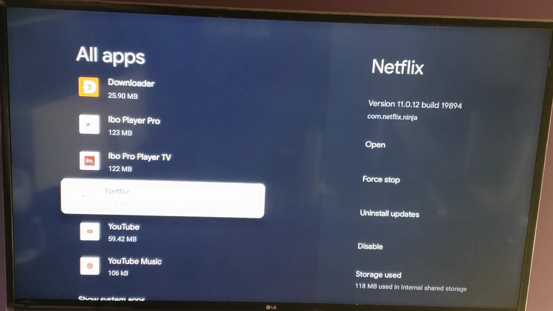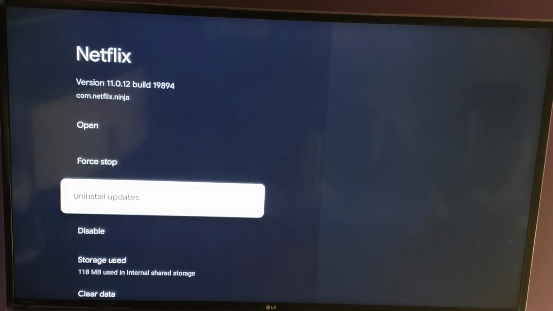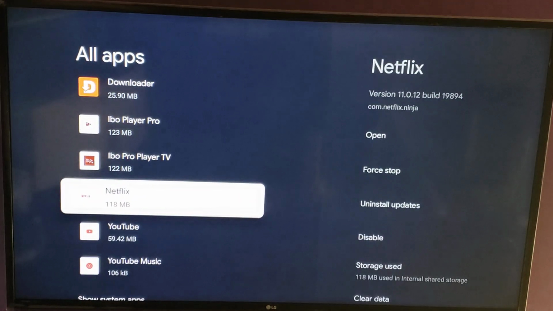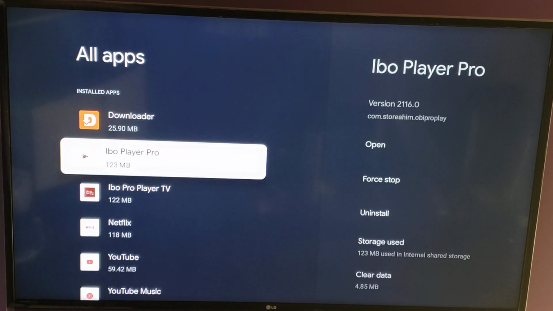Now, the apps that you already have, like I'm going to uninstall Netflix. So I'm going to go over here and uninstall. It says uninstall updates, but you can go and uninstall the app. So you get the picture. So also, that's how you uninstall. Now, once you uninstall the old Affordable Media, that's with the $ and with the old